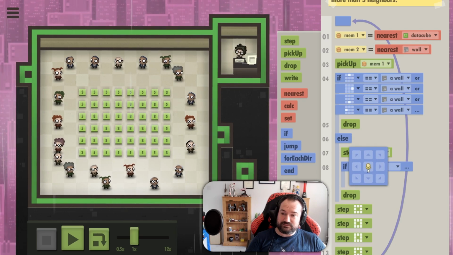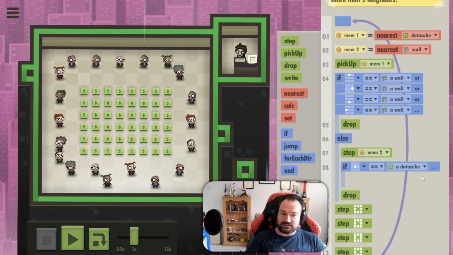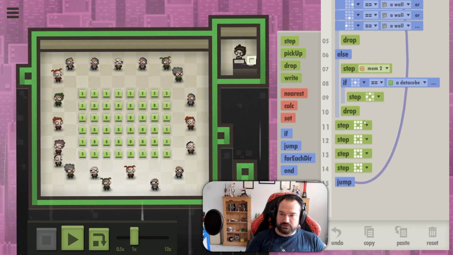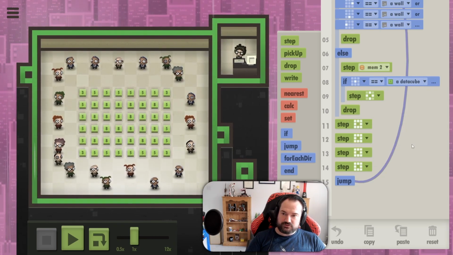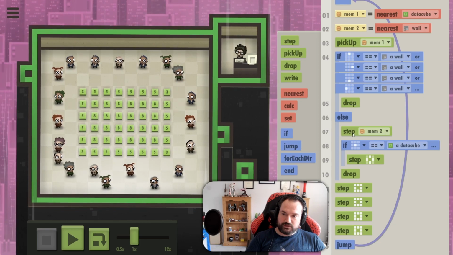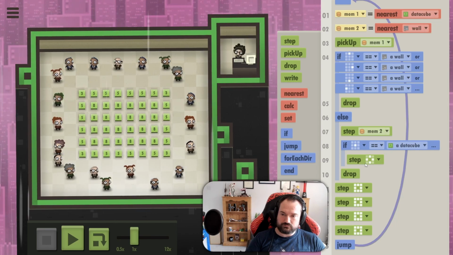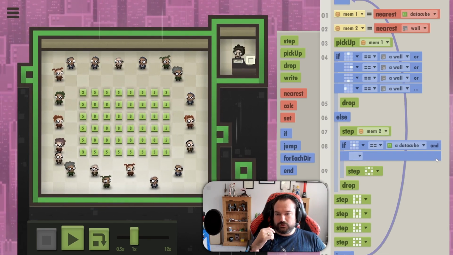If where you are is already a data cube, do. And then try and drop it. Would it make sense? Pick up Mem 1. Well, otherwise, right, yeah, go to Mem 2 and then drop it. And then, well, the point is you do want to step this in a random direction, don't you? Do you know what? I'm going to say...